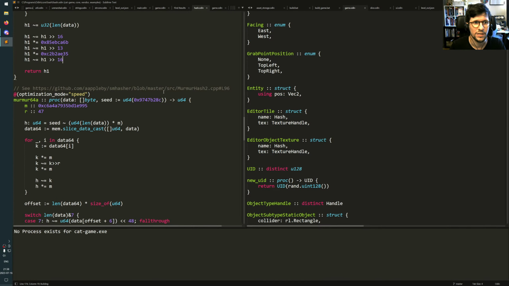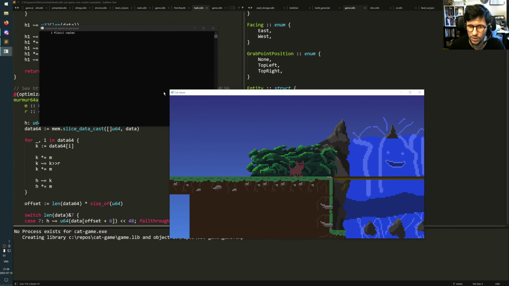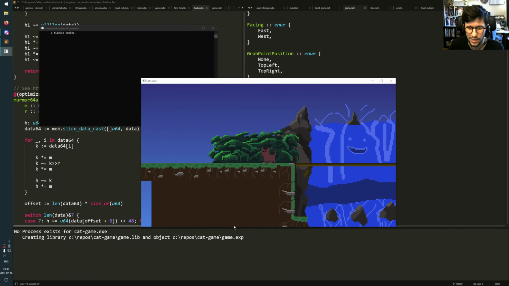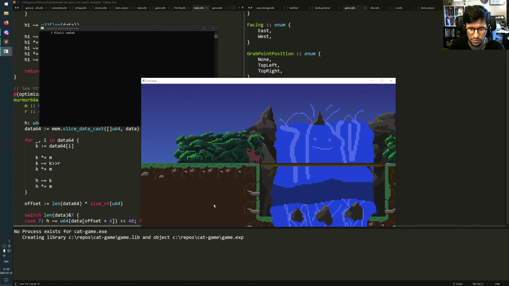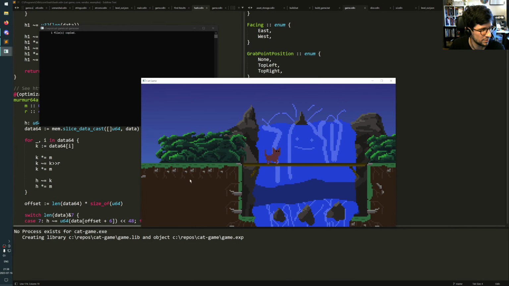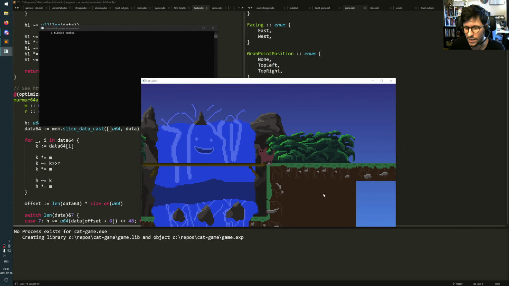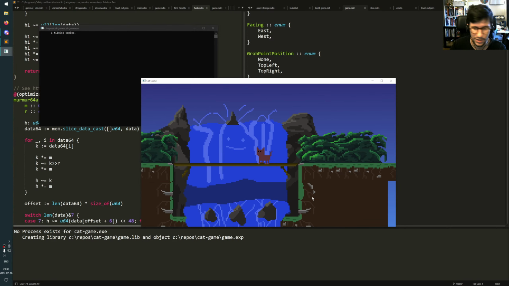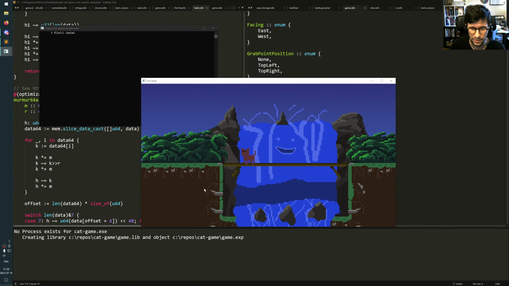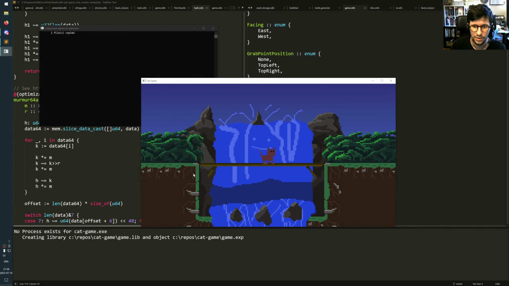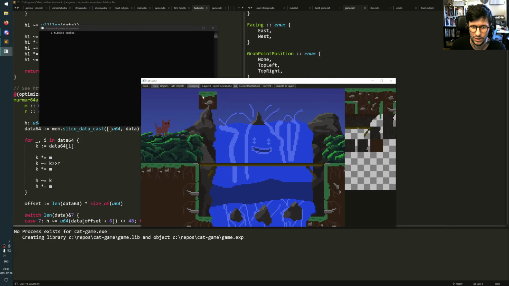So today I'm gonna fix something very specific. Let me show you what the problem is. So here is the game, and you can probably notice that there are lines flashing back and forth. These lines happen because in the tile set, if we look at this brown tile, for example,